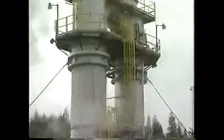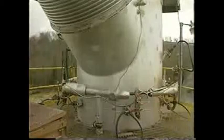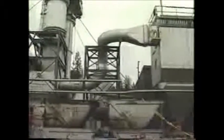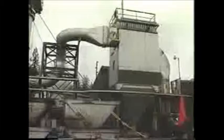Treated gases exiting the secondary combustion chamber enter the exhaust gas conditioning section of the unit. The spray tower, as it is known, uses a water spray to cool the exhaust gases to below 450 degrees Fahrenheit prior to entry into the baghouse. The baghouse is a network of over 300 fabric filters, which serve to remove particulate materials that remain in the